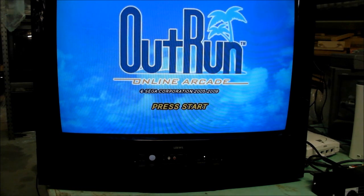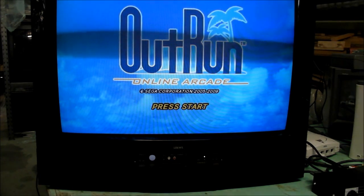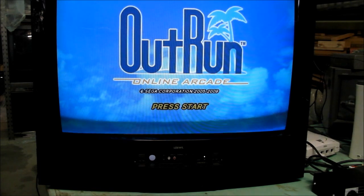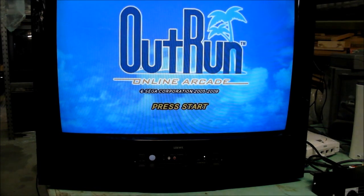What I've got here today is another Loewe television. This is a big one. It's an 80 centimeter tube. It's a 4:3 tube, so it's not a widescreen. It's not totally flat, it's got a bit of curvature to it. The model is Arcada